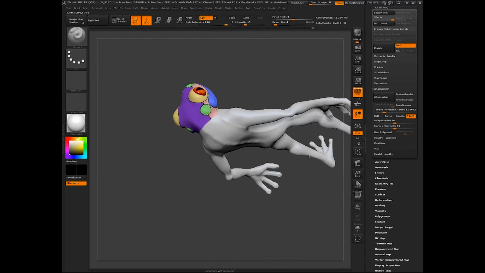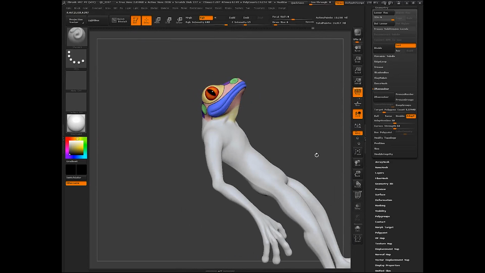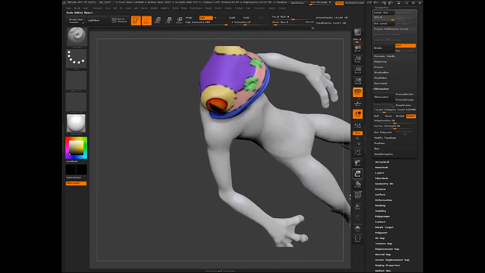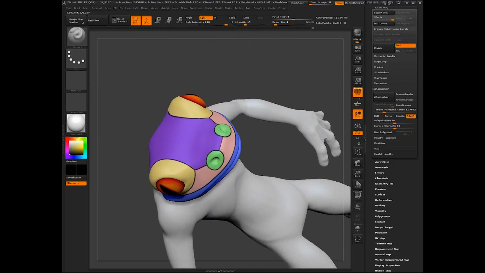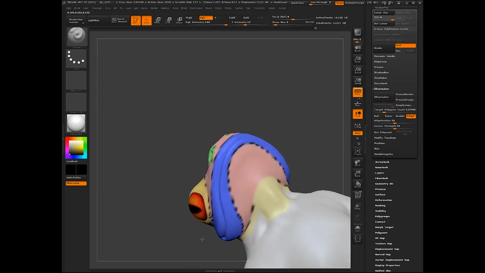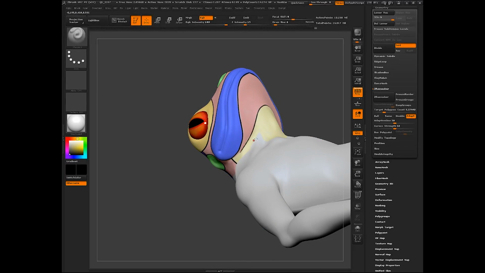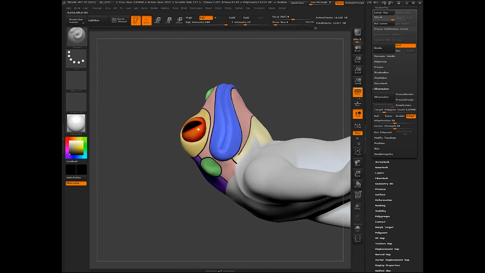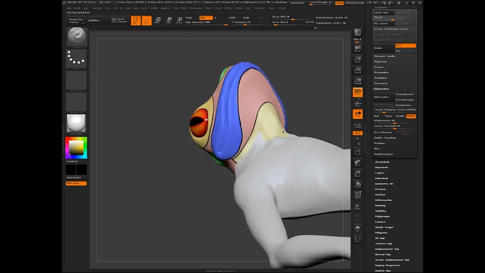Okay, painting around the ear. Okay, so it's starting to look pretty decent. We're starting to get some pretty decent areas in here where we know we're going to need edge loops.